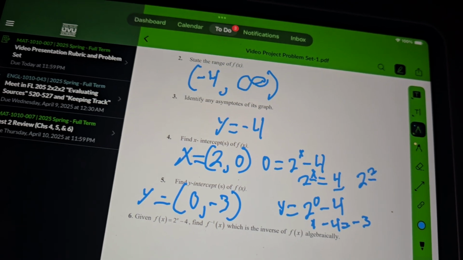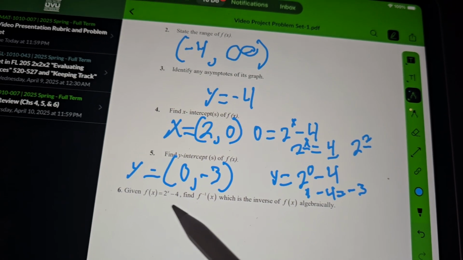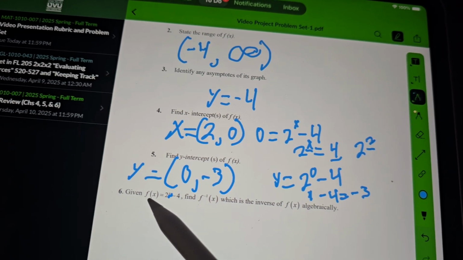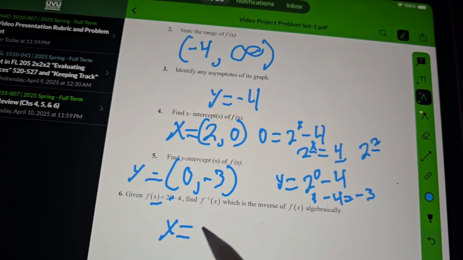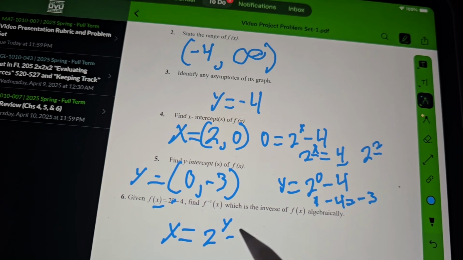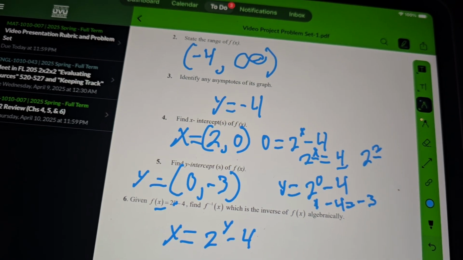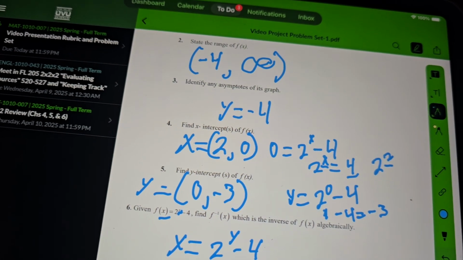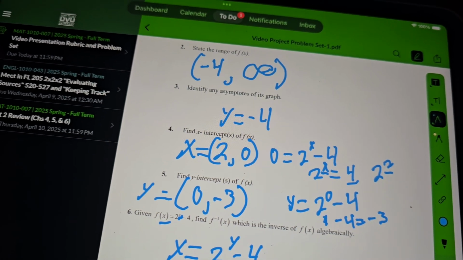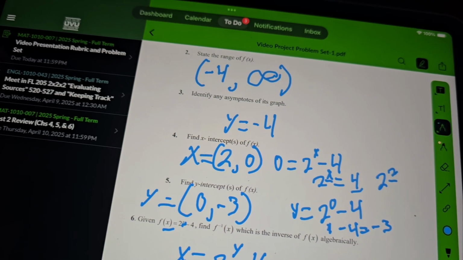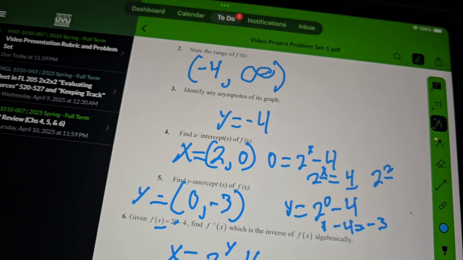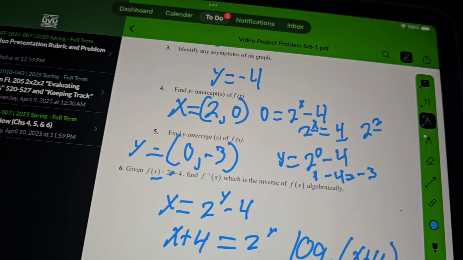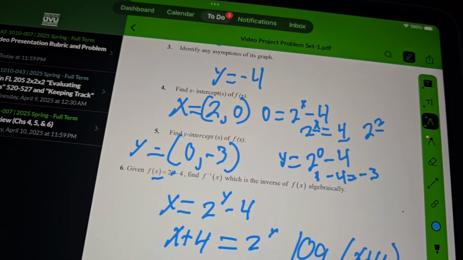All right, and now we need to find the inverse. So the inverse here of this exponential is going to have to be a log somehow. So we can do that by switching the x and the y. It's being x equals 2 to the power of y minus 4. We can add 4 to both sides. X plus 4 equals 2 to the power of y. Log base 2 of x plus 4. That's your inverse. And that will be completed by equals f negative 1